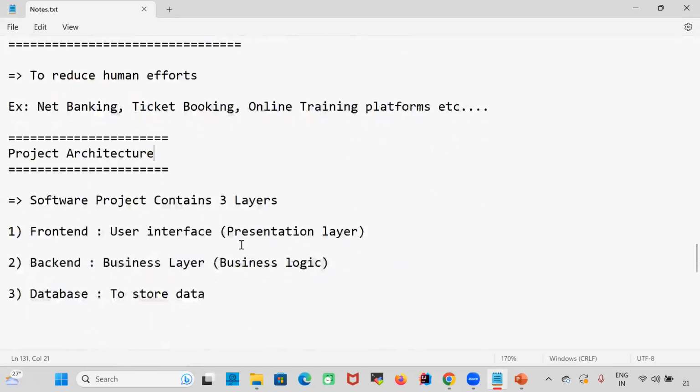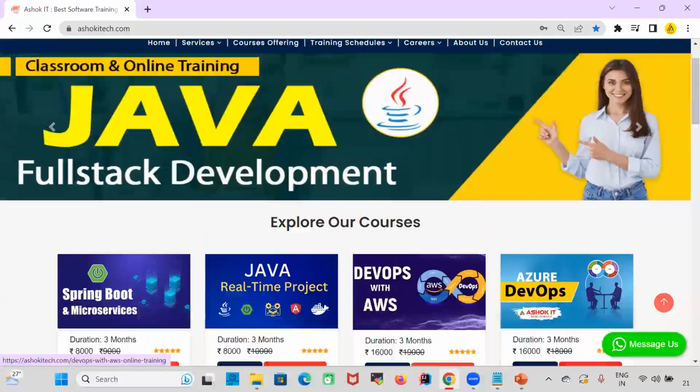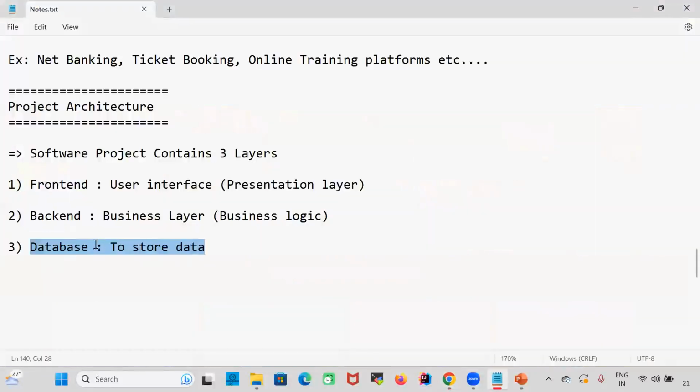Okay, for the software application, 3 layers will be available. First one is called front end. Second one is called back end. Third one is called database. What is the purpose of database? Database is used to store the data. So whenever you create the account, your account information, your name, your email ID, your password will be stored in